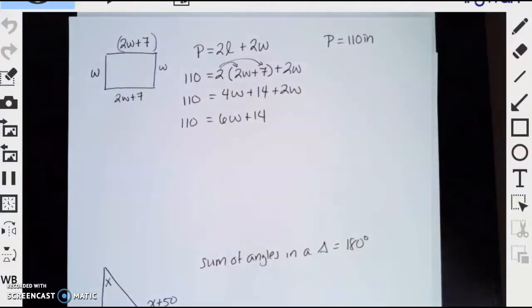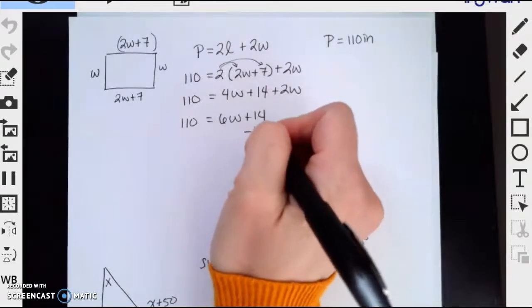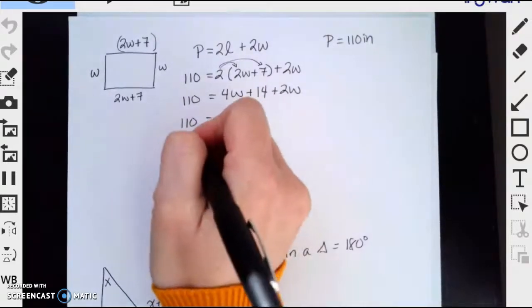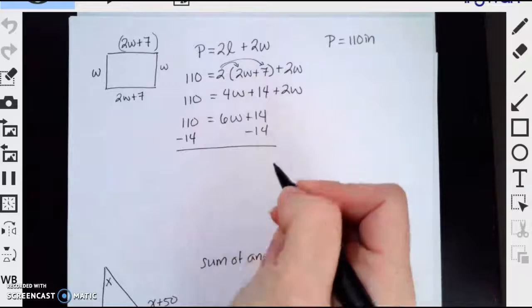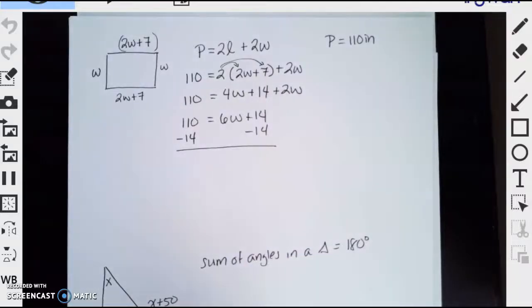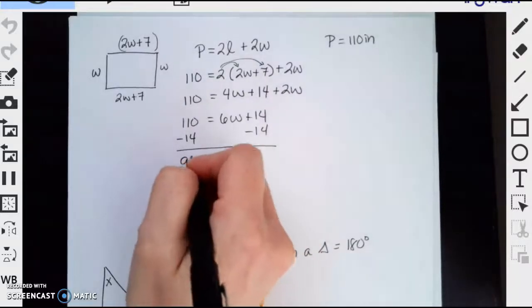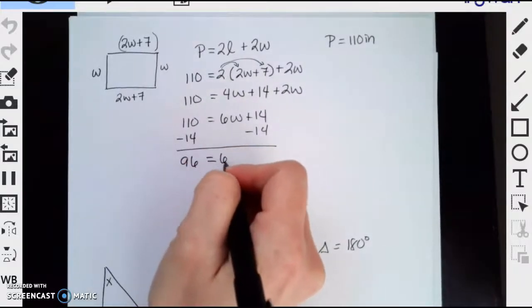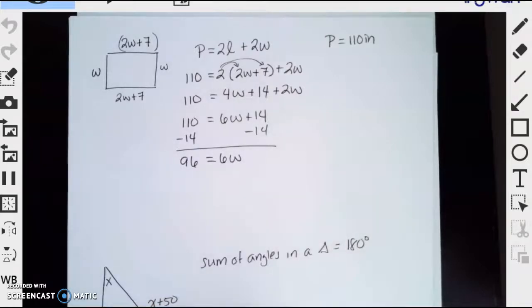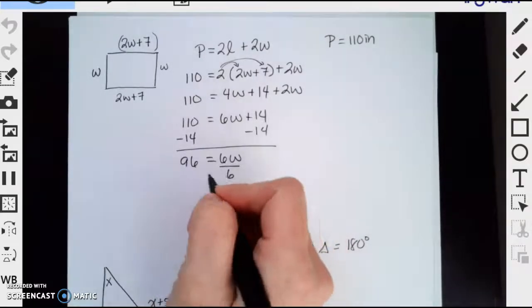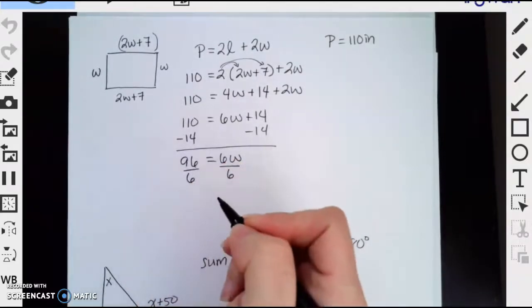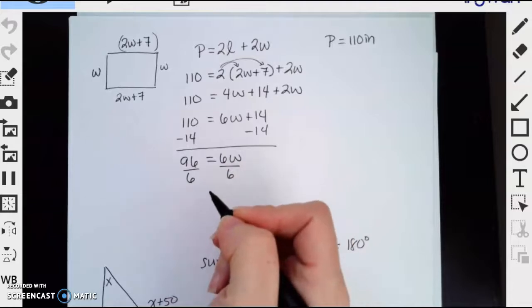And then I'll go ahead and begin to isolate my variable. So I'll subtract 14 from both sides. 110 minus 14 is 96. So 96 equals 6W. And then divide by 6. So that gives me a value of 16